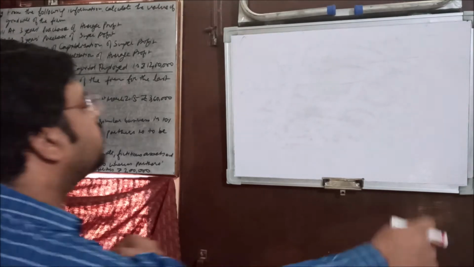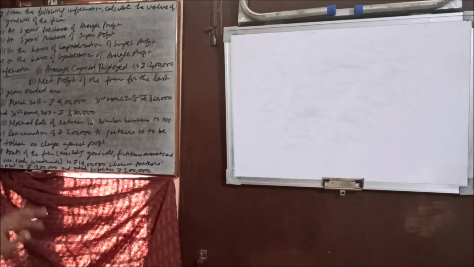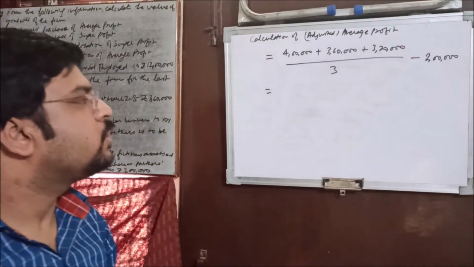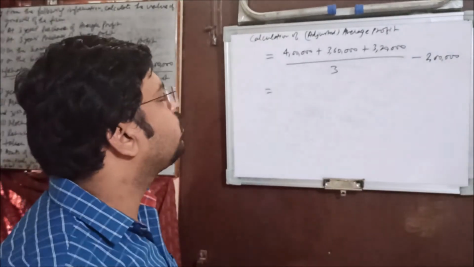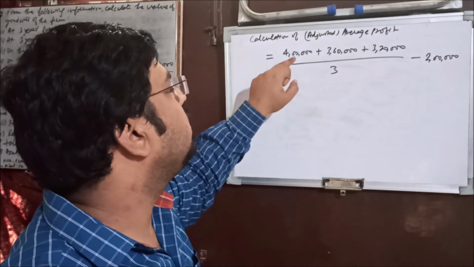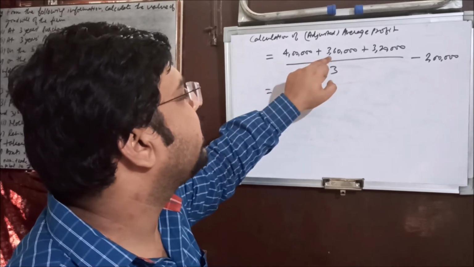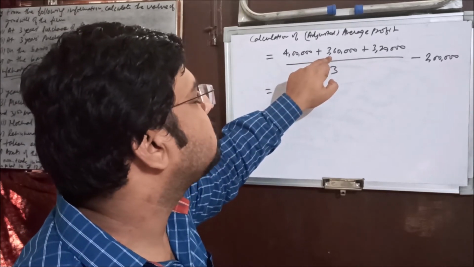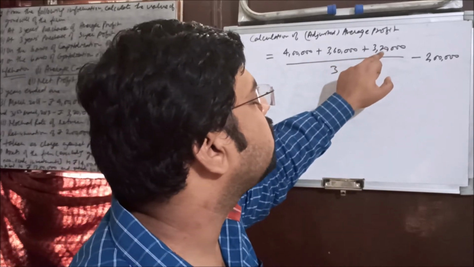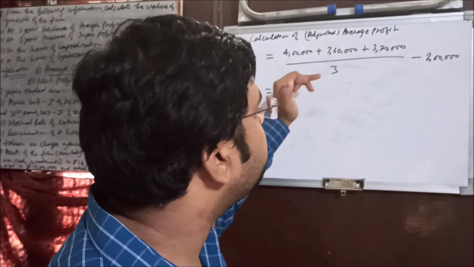Fine, let's calculate it. See, this average profit will be needed in all those 4 options. So very first let's calculate the average profit after the adjustment, and then we'll follow the methods. See, like I told you that we have 2 options. One option, we deduct this 2 lakh from each year, means instead of taking 4 lakh we take 2 lakh, instead of taking 3 lakh 60,000 we take 1 lakh 60,000, instead of taking 3 lakh 20,000 we take 1 lakh 20,000, and then we divide it by 3.